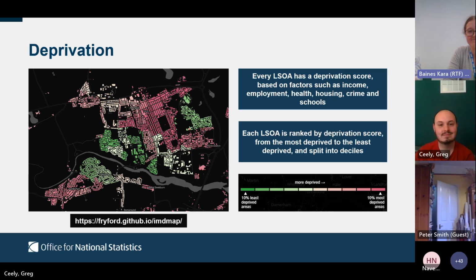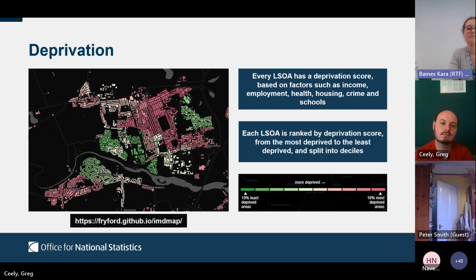The reason we're showing you this slide is we want to expand on the value of taking a place-based approach to health, and show you what the variation in health outcomes can look like on a sub-local authority footprint. This is a map of deprivation produced by one of Greg's colleagues, Rob Fry, head of visualization at the ONS. What you're looking at is a map of a former mining town in Northumberland called Ashington. Those red areas are the more deprived ones, and those green areas are the less deprived areas.